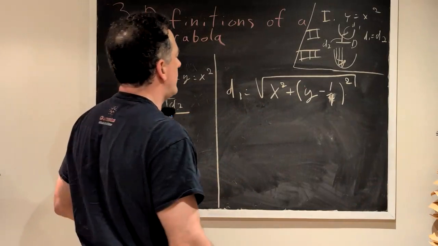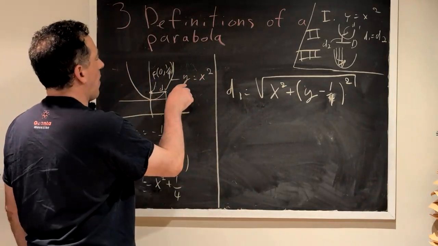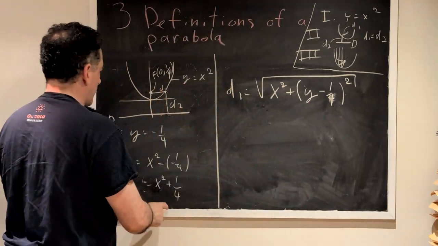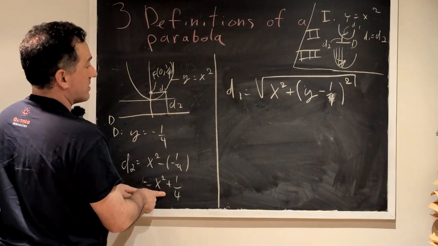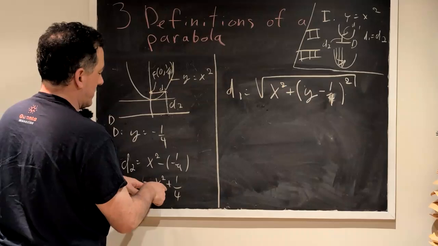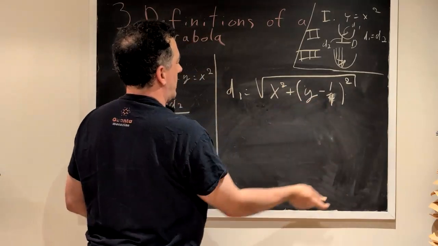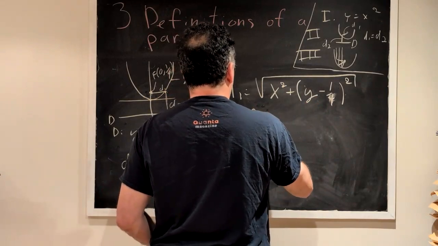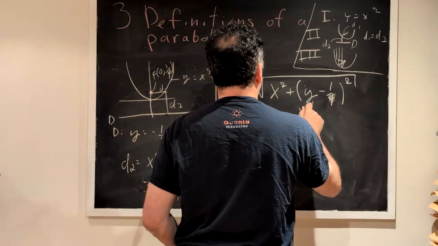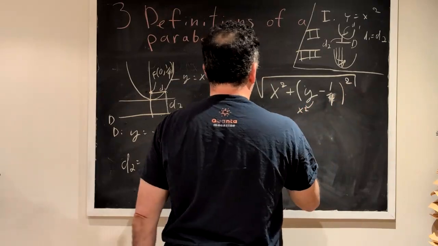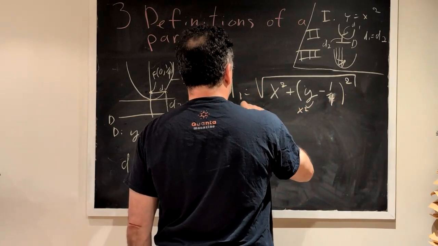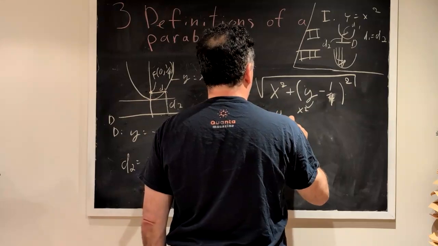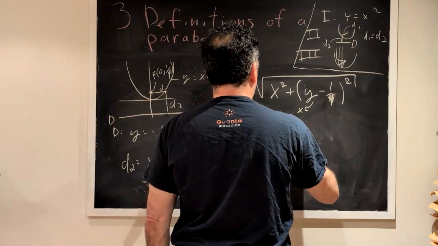So what we will do here is we will use the fact that y equals x squared to get something only as a function of x, because here we only have something as a function of x. So if we have any hope of getting to this expression, we need to get rid of the y. So this is equal to the square root of x squared, plus this would be replaced by x squared, and we develop the square, plus, we'll just start the square root, x to the 4th, plus 1/16,